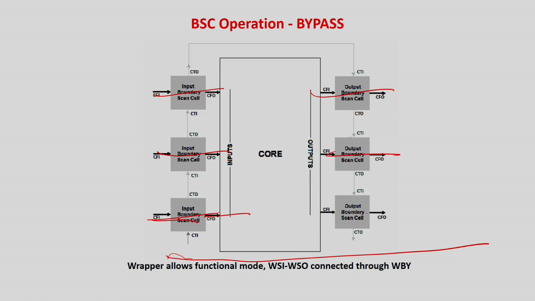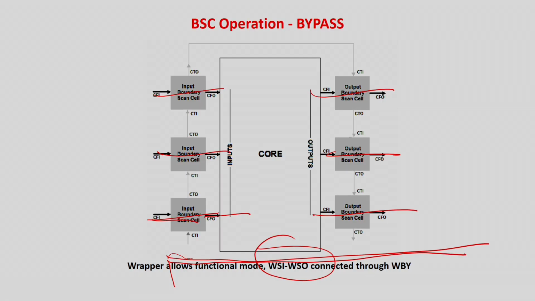So inputs are coming from the input output and basically going to the output. This is normal functional input and functional output. That is, either I am not interested in testing this core, or it can also be that this is operating in the normal mode. So these test patterns will come over here and go through the bypass register, and come out. It will not be scanned, so the hop count is reduced. And what basically happens in this case, if you see the multiplexing arrangement, it will disable all the scan and direct connections will be made. So that changing of the multiplexer control will be taken care of by the instruction register decoder.